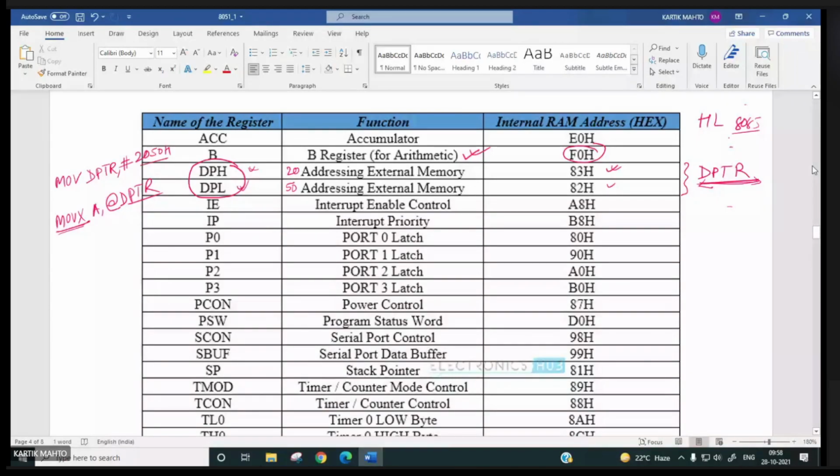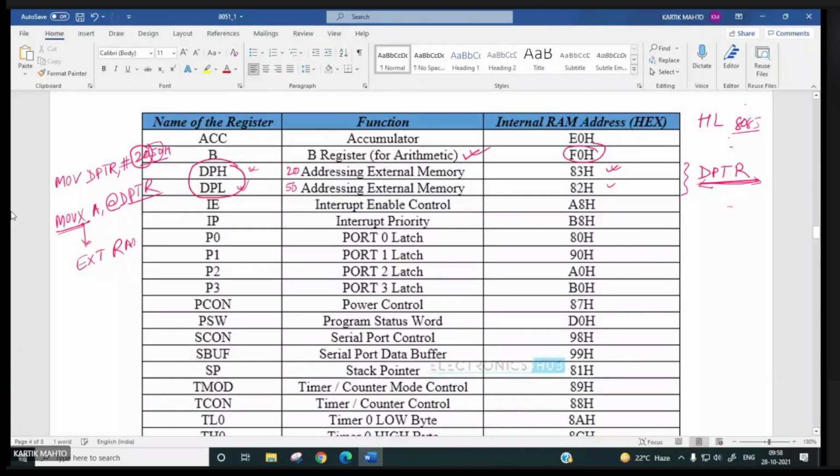ALE will be made high, so the 16-bit address will be latched. The lower 8 bits will be latched on the external latch, and port 2 pins will have 20, and this will be 50, and address 2050 will go to the memory. Now this X stands for external RAM.